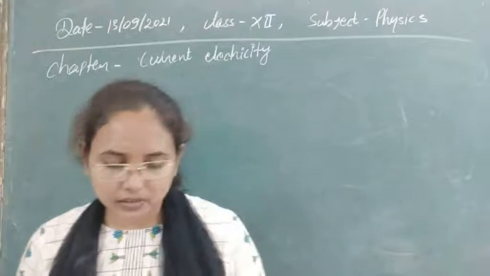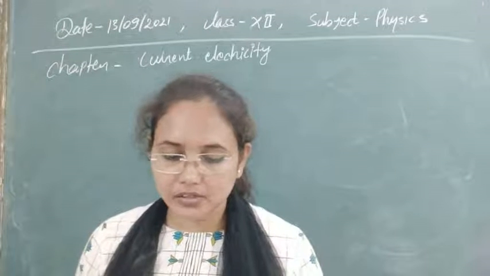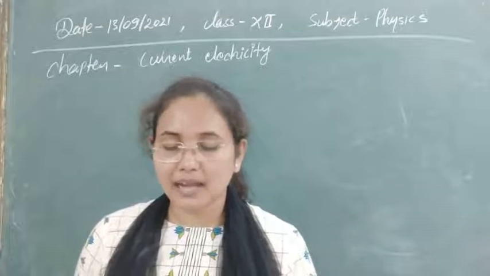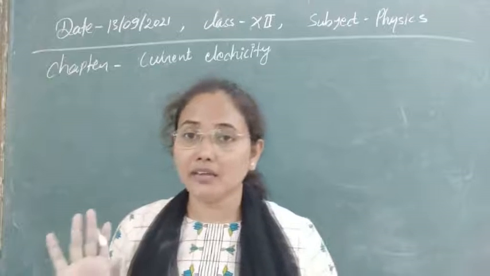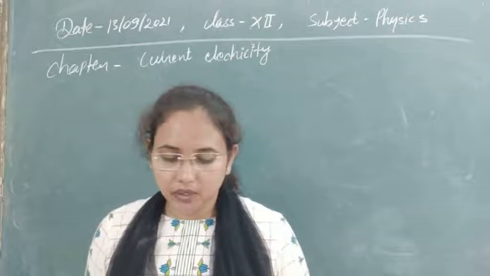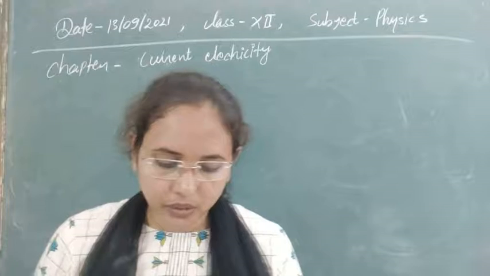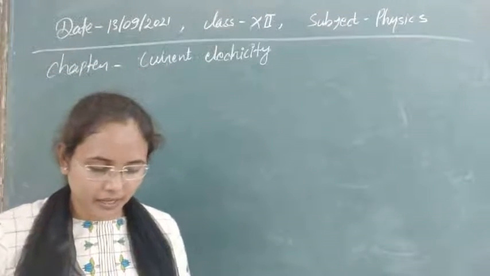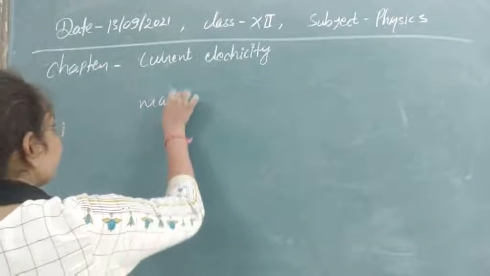Our next question in current electricity is: n equal resistors are first connected in series and then in parallel. What is the ratio of maximum to minimum resistance? Here it is given that first of all we are connecting n equal resistances in series. After that we are connecting them in parallel. Then what will be the ratio of maximum to minimum resistance? So let's see now. Whenever the resistors are combined in series, they have the effective resistance that is the maximum resistance.